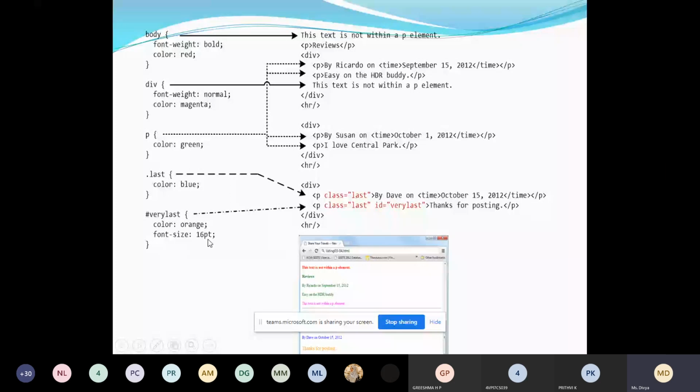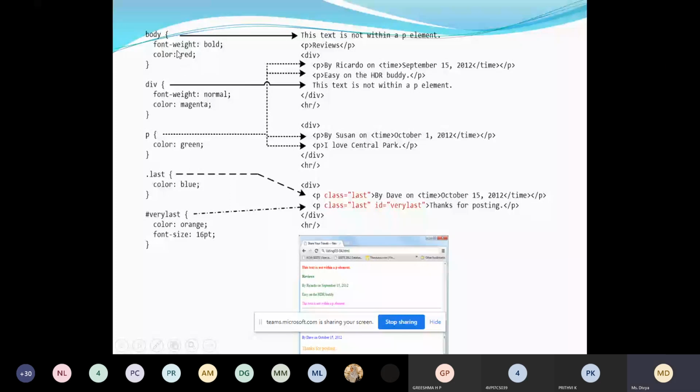So there is a confusion. There are several rules. Now the browser will be in confusion about which property should apply, whether the paragraph should have color green, or blue, or orange. Similarly, whether the color should be red, since I applied color red for the body, and whether the red color should be applied for all the content.